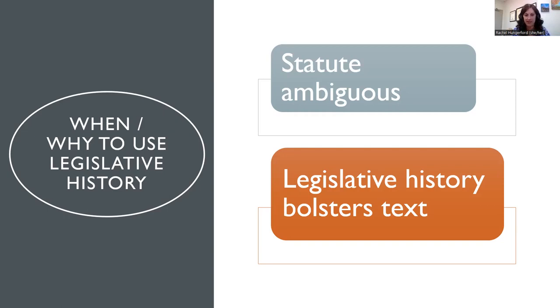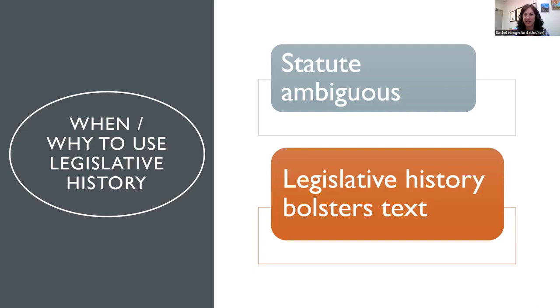And I'll talk about each of those more specifically in a minute, but just to kind of step back, I suspect that virtually everyone on this call, maybe everyone, is pretty familiar with Oregon's statutory interpretation methodology,